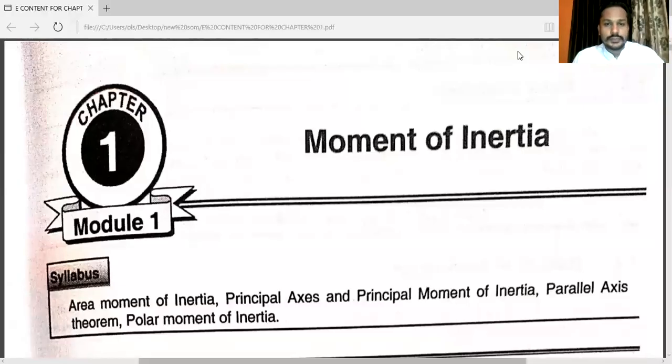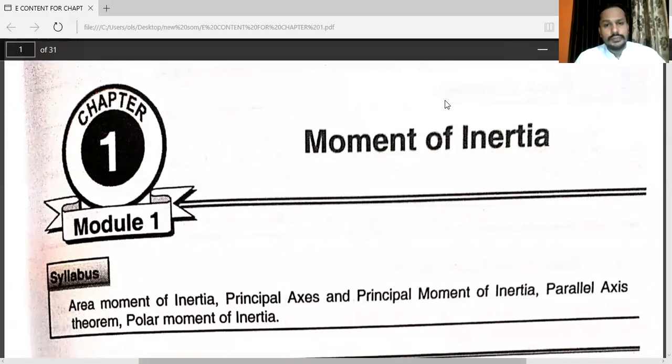Hello friends, already we studied engineering mechanics in the first year. Now in the second year, we have one subject, that is strength of material. This subject is also interesting. For this subject, few basic things are required from the engineering mechanics. Here we are going to start